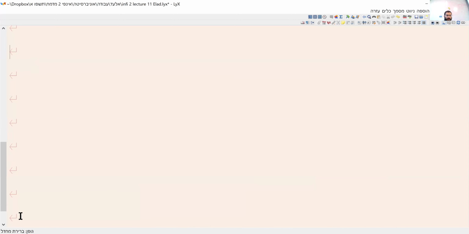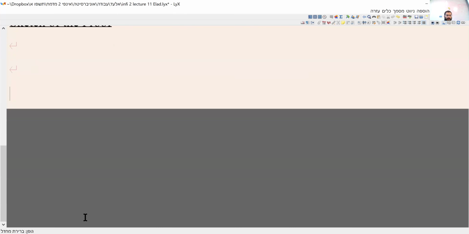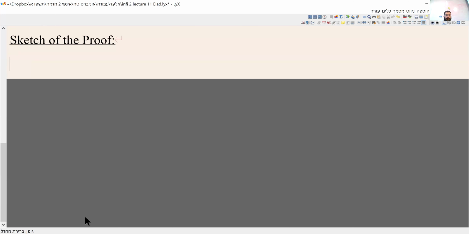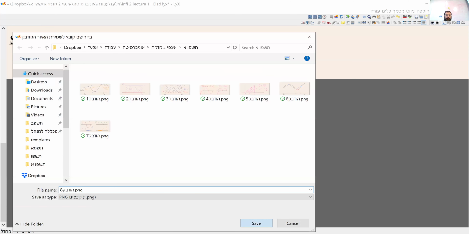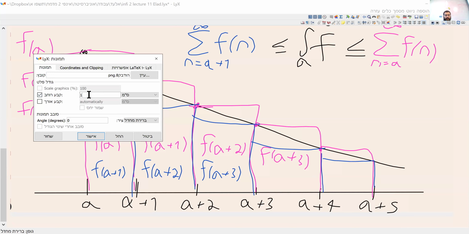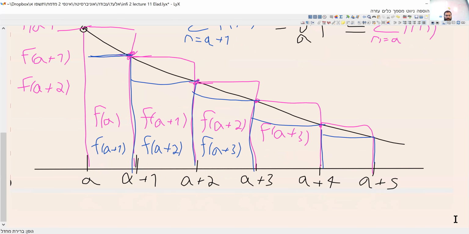I'll paste it right away. Yeah. I'll explain it in just a second. Let's put it 7. 7? 8. Those are big. Okay, so